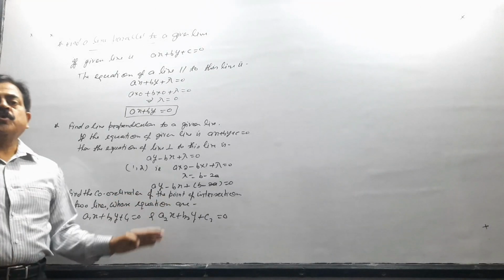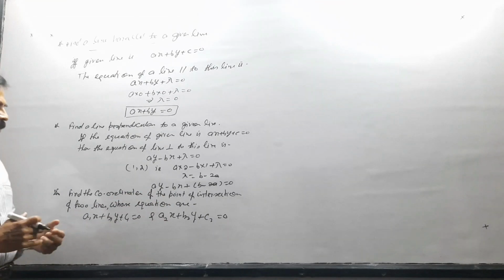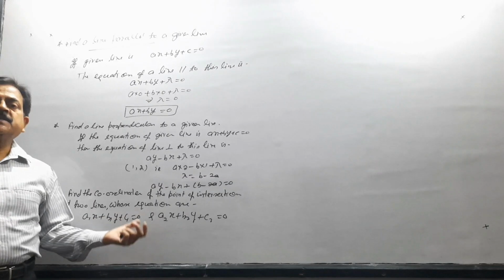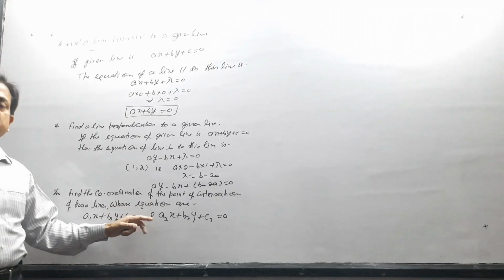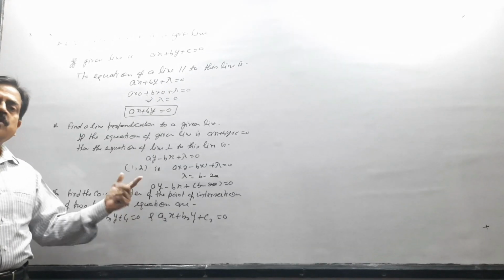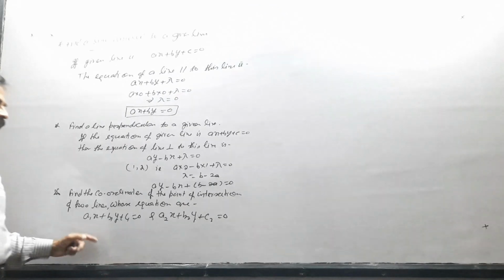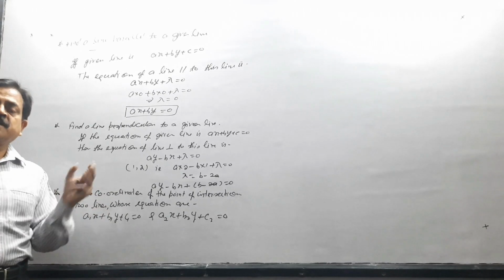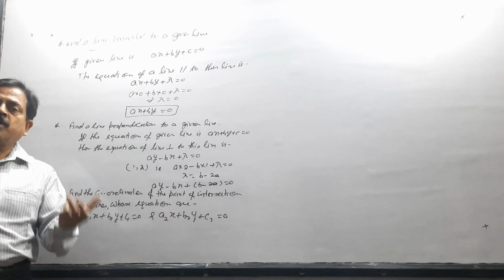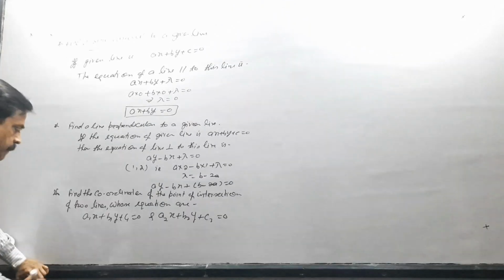These equations may be solved in some other manners which you have studied in class 10th, like elimination method, substitution method, or cross multiplication method. Any method can be used to find the values of x and y. Values of x and y together will provide the coordinates of point of intersection,